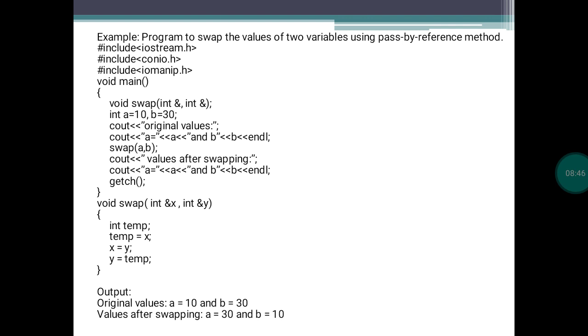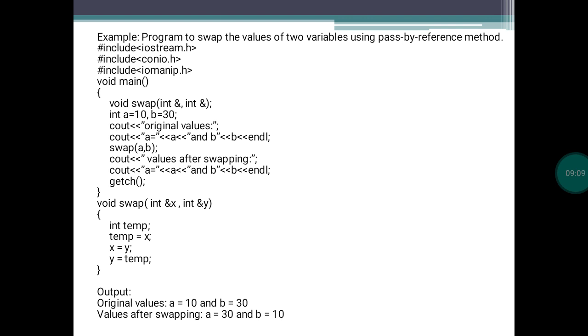We wrote only statements. We did not write the actual code for this one. Just to write the code for it. Okay, so we have swapped two numbers. In the main function, we just wrote the statements, and also assigned the a value and b value. A is 10 and b is 30.